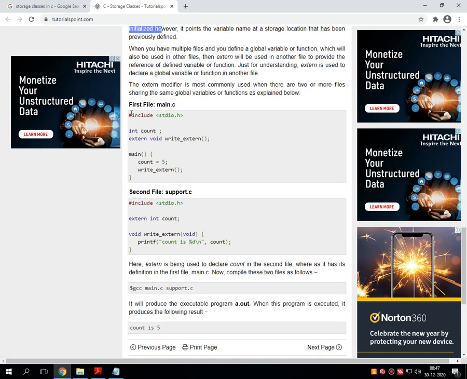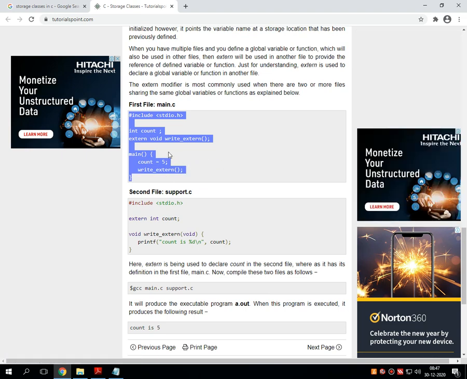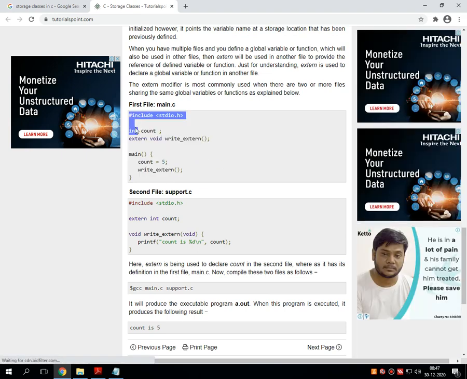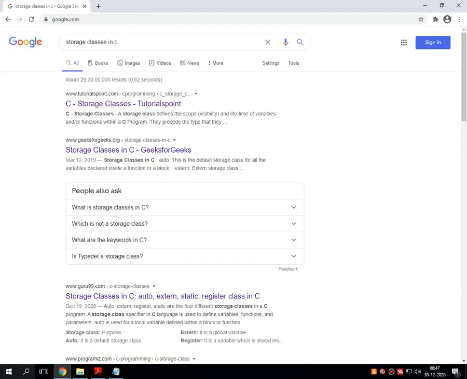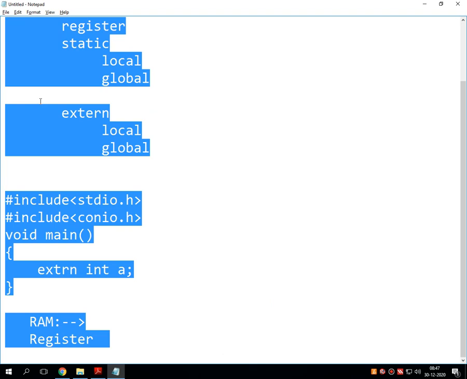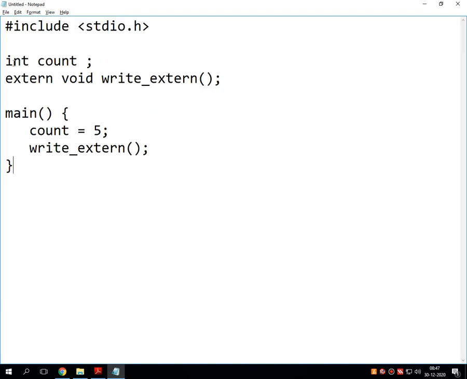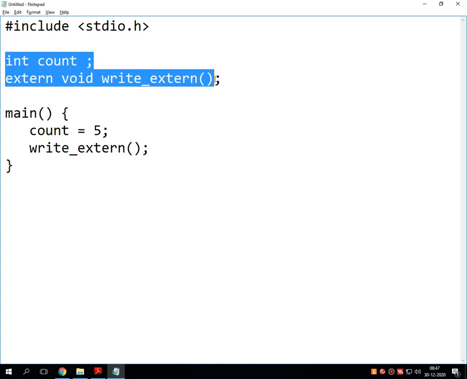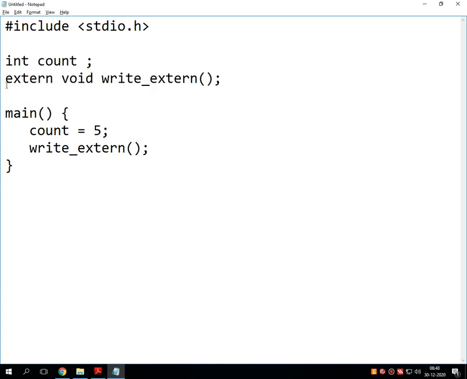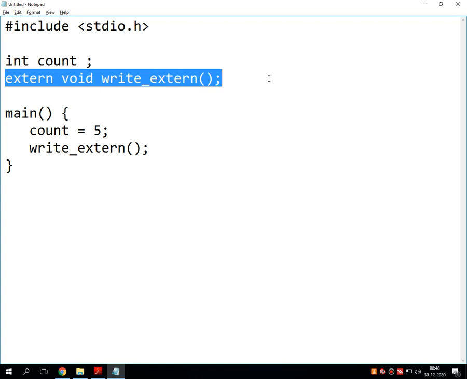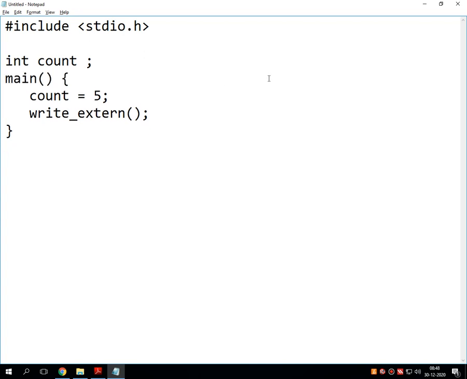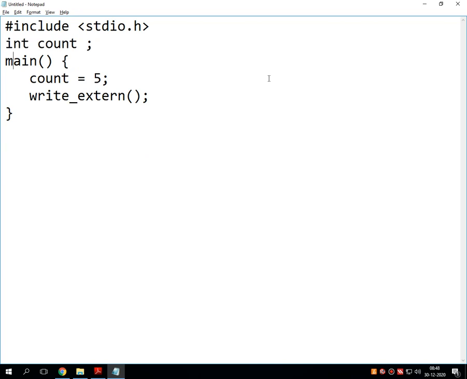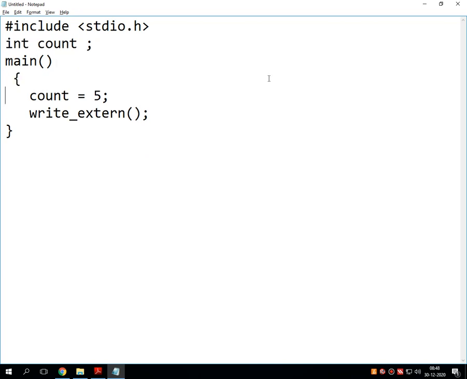Now, this is the way of using an extern variable. Here I am giving a simple program. Let me take it into the notepad. This is the code. It looks similar to the global variable declaration. In this program, you can see that after the necessary library functions, the one variable that I have declared is a count variable with integer data type,